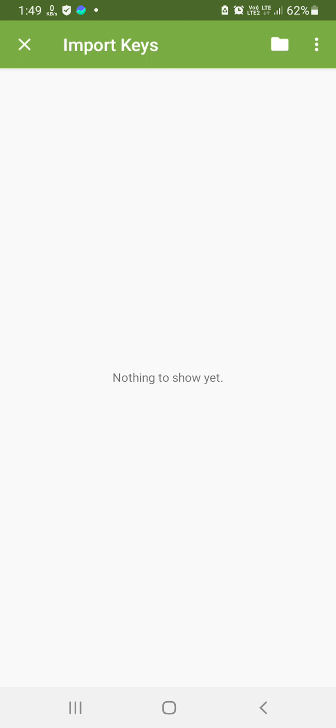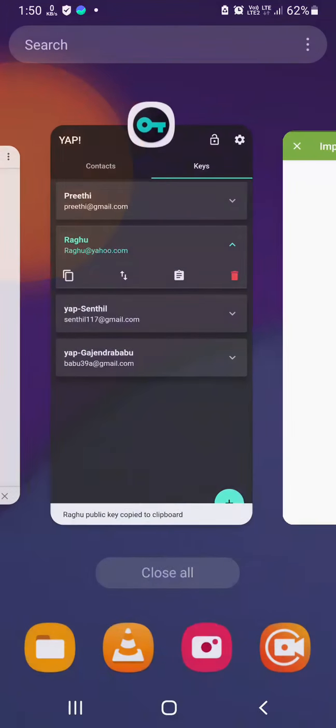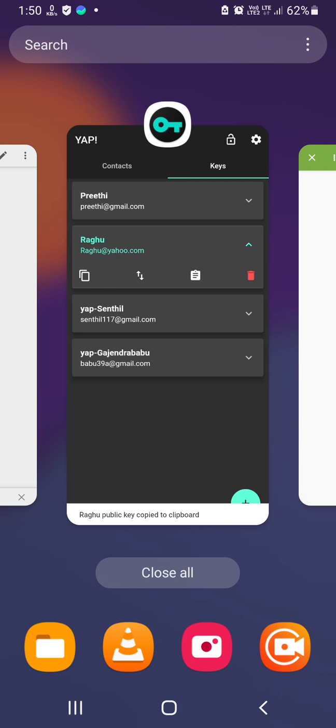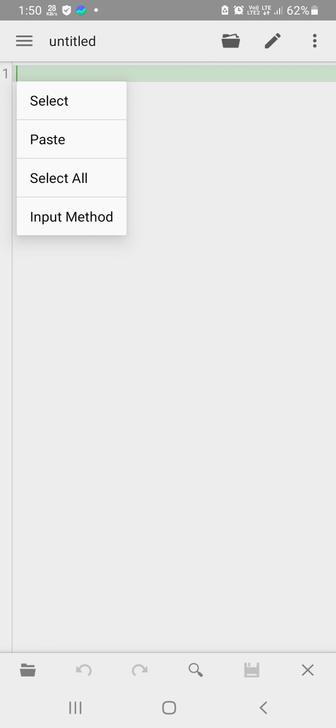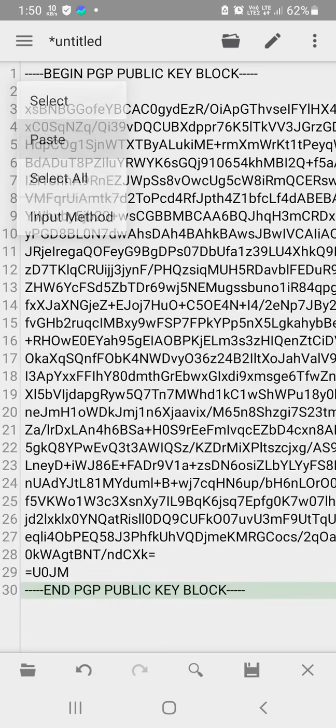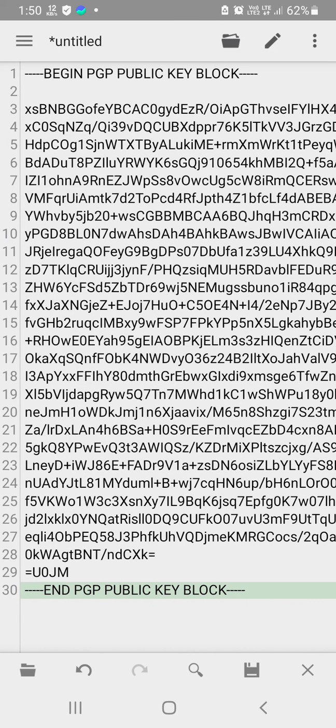We have already copied it to the clipboard, so let us make a file first. Let us open some text editor and then long press, paste it. So our public key of Raghu has now been copied into the text editor. Now let us make it a file.